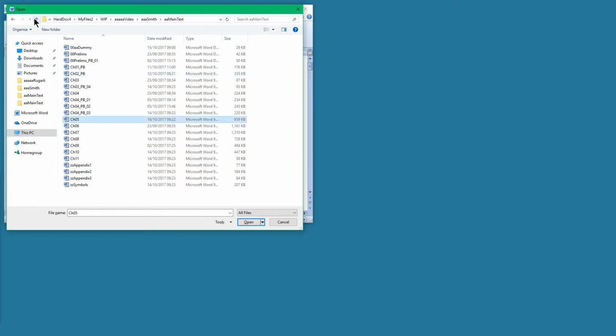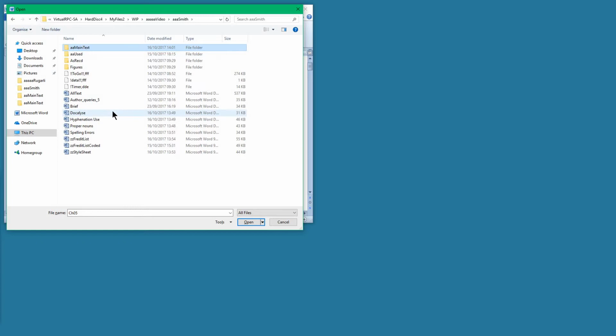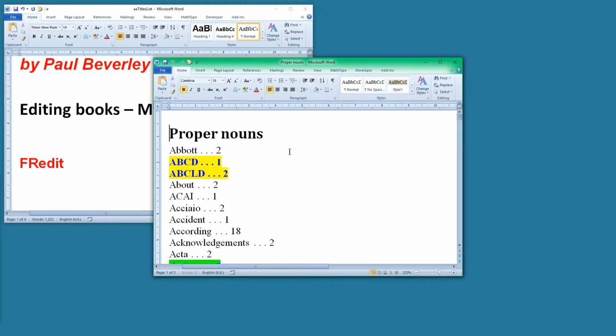Now before we do that, let's have a look at what work we've done on the document as a whole. Obviously we've got a brief coming in from the client, and we want to set up a style sheet, so we want various bits of information, and we've got analysis macros. I've got the results of some of them there, so if we have a look at those one by one,